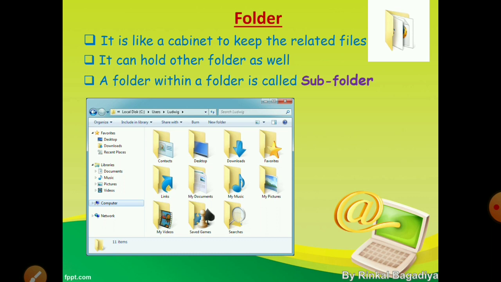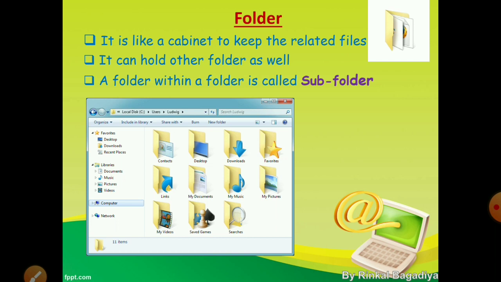At your home, all your documents are stored in a cabinet, right? In the same way, all our files in a computer we can store in any folder. A folder can hold other folders as well. Yes, we can also make a folder within a folder. It means we can make a folder in another folder, and when we do that, it is called a subfolder.